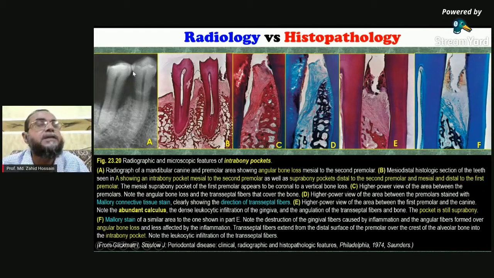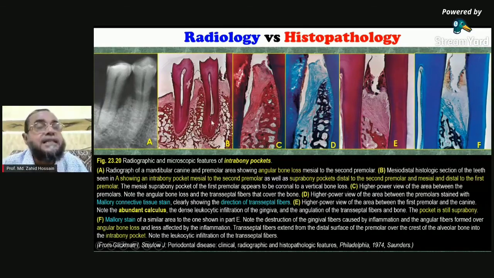From the cementoenamel junction up to the apex, it is called 100%. So from here to here, there is bone loss of about 60% or 55% on the mesial surface of the first premolar. And for the second premolar, you will find a loss of almost 50% or 45%. Here is an angular bone loss, here is horizontal bone loss. If you see a radiograph, you can get a lot of information: how much bone loss there is, and the bone loss pattern also.